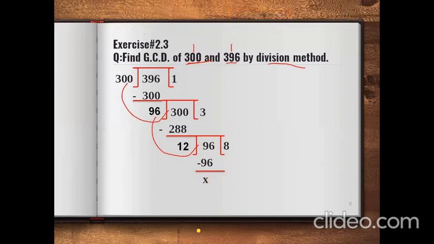And after that, you have to decide which is your GCD. The GCD is this number, not this one. This is your quotient, and this is the divisor. So you will write the GCD is equal to 12. So this is the way to find GCD by using the division method. And please keep in mind that when the division method is required, please apply the division method, not the factorization method that we did in the previous class.